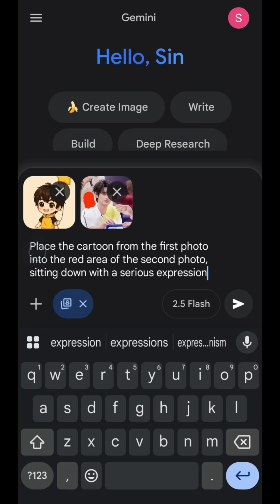Like this, make sure to describe what you want clearly, like maybe describe with details the positions and maybe the